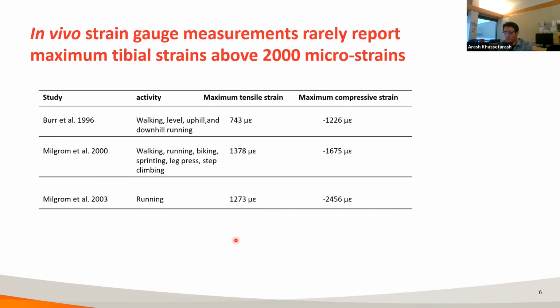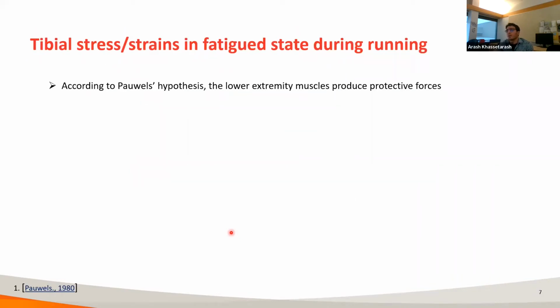There are a number of explanations for this discrepancy, one of which is the effect of neuromuscular fatigue. According to Powell's hypothesis, the lower extremity muscles produce protective forces against bending of long bones. In the case of the femur, for example, it makes perfect sense. When we apply the contact forces, the hip contact force at the femoral head, this force tends to bend the femur medially, while the forces, for example, from the gluteus muscles try to oppose this bending. So if there is somehow a decrease in muscle forces, let's say by neuromuscular fatigue, then the strain should increase